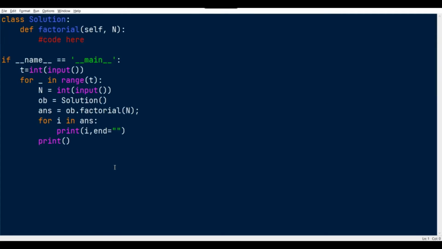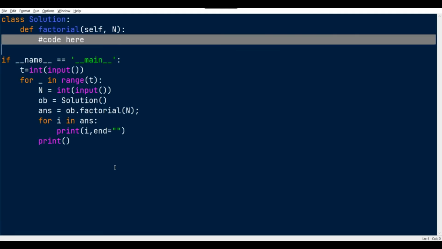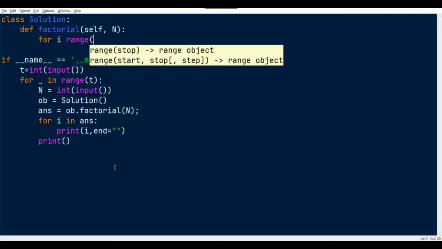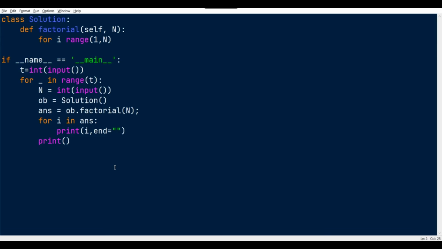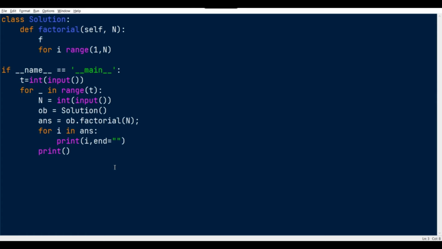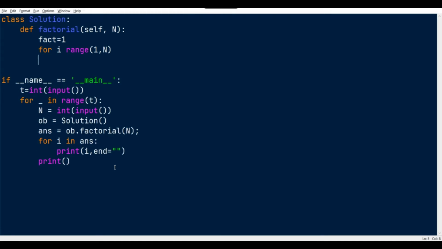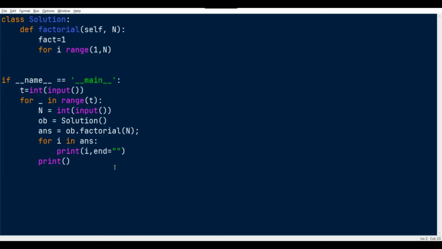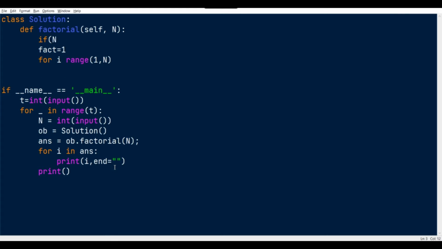Here is the predefined code which they have already created. We usually do something like this, right? For i in range of 1 to n, we create a variable called fact, initialized as 1, and return it. If n is smaller than 1, return 1.